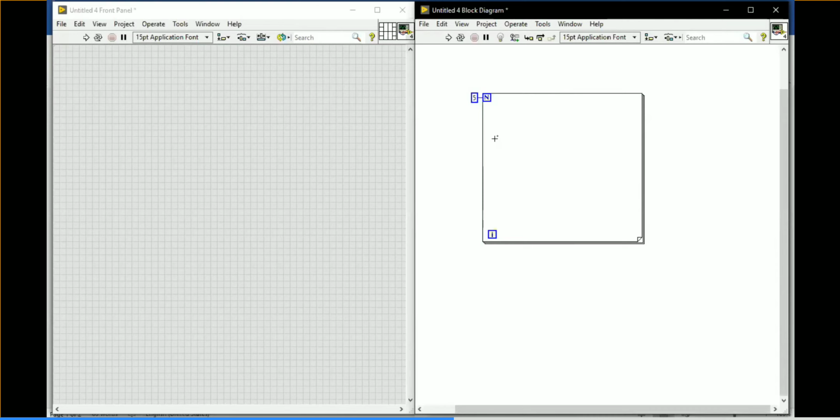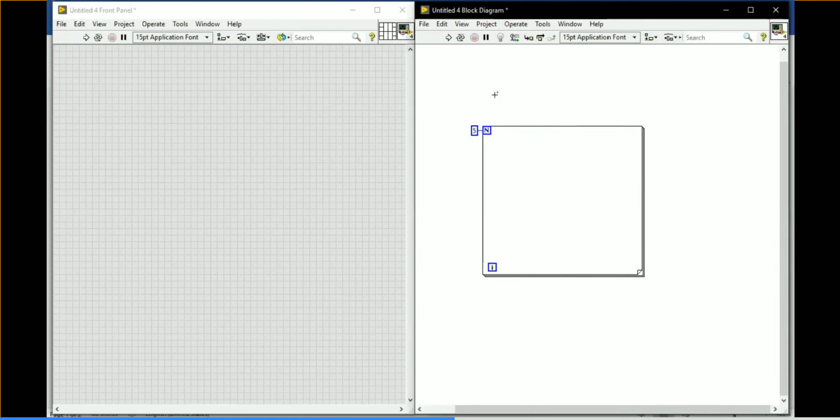The task we are going to perform with this feedback node is a simple sum of 5 numbers. I am going to make an addition of 5 numbers, like 1 plus 2 plus 3 plus 4 plus 5. If you want to start from 1, you can give 1, or if you want to start from 0, you can start with 0 also. So what is the output value you will get? 1 plus 2 plus 3 plus 4 plus 5. Your answer will be 15.